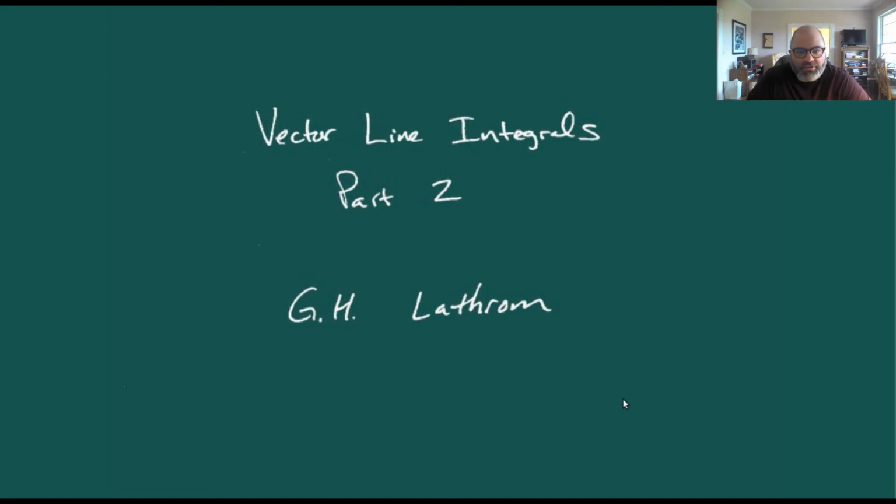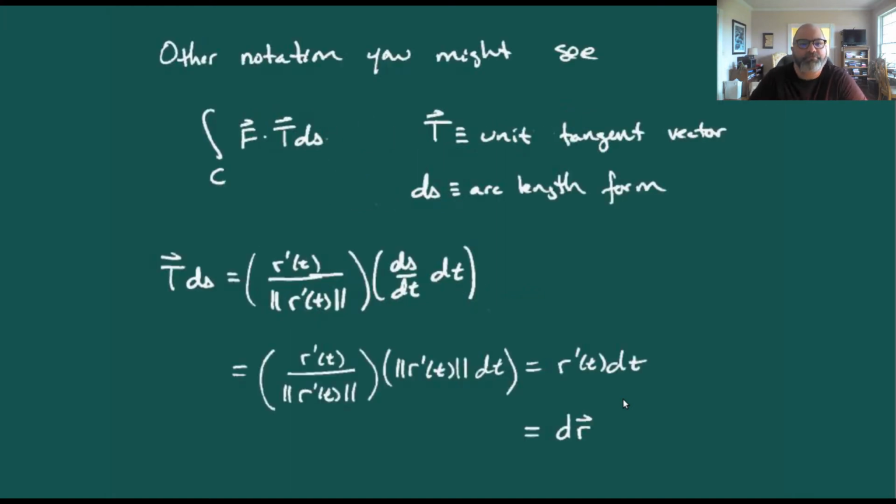Greetings everybody. Let's take another look at vector line integrals. Another notation that you might see if you encounter these things in other places is the line integral over the curve C of f dot T ds. What the T means is just our unit tangent vector, ds is our arc length form, and so T ds is really just r prime over the norm of r prime times ds